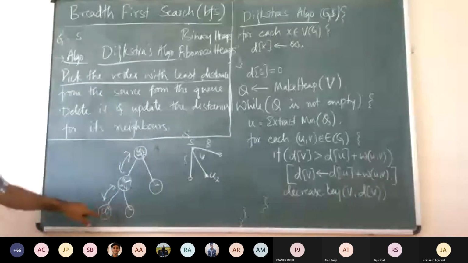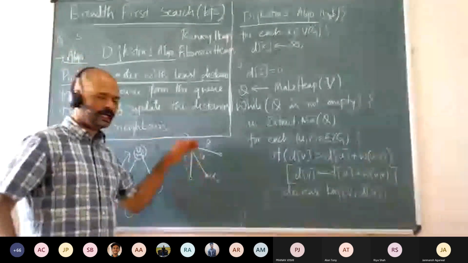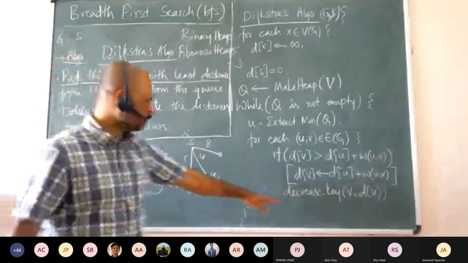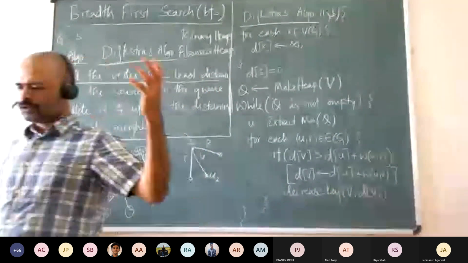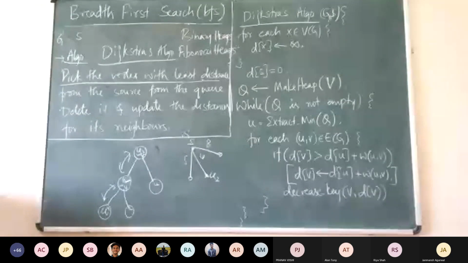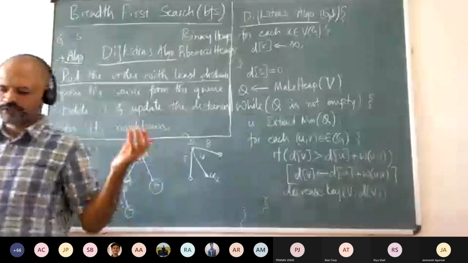What we did here was, the weight was infinity, we set it to 4, whatever is the way to reach it from the already known vertices. That is what we mean by decrease key. With respect to the vertices in this heap, you are decreasing its value. It is sorted according to its value.